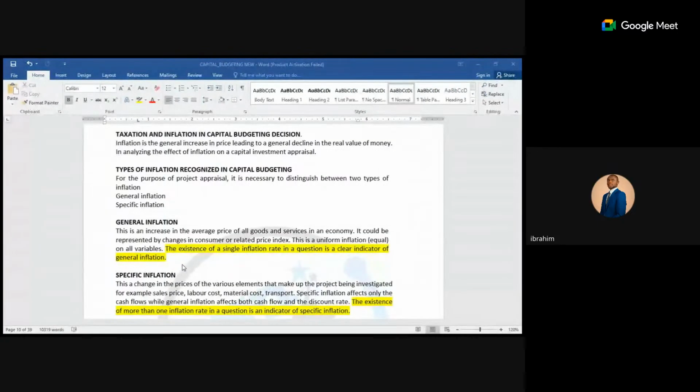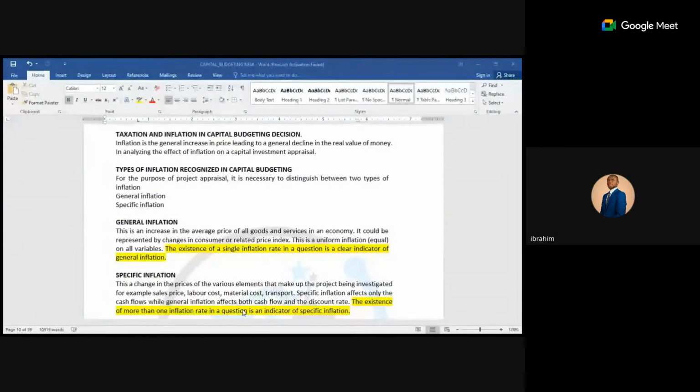Right? So, a mutually exclusive project is part of capital investment decision. Mutually exclusive means two projects that serve the same purpose. Either you undertake A or you undertake B. They serve the same purpose. And I equally explained that in investment appraisal, there are two methods. There is the traditional approach as well as the modern approach.